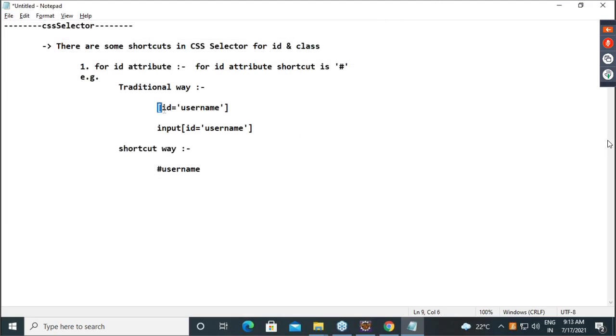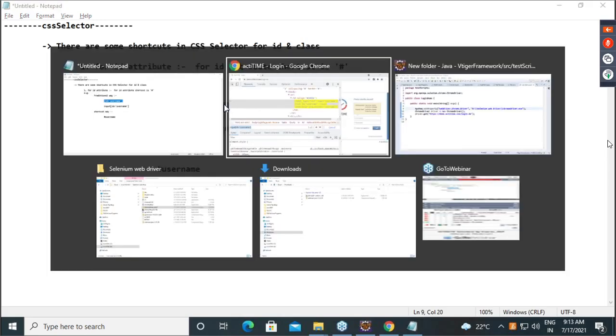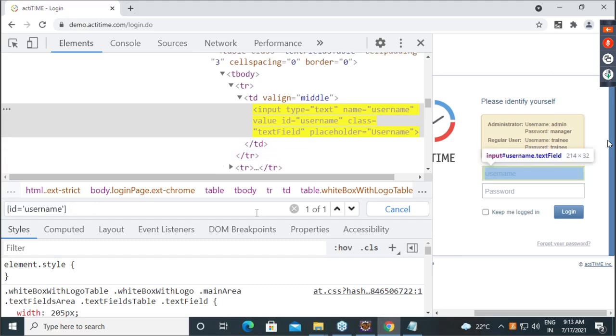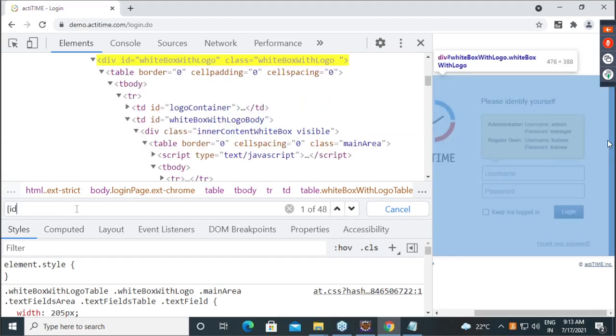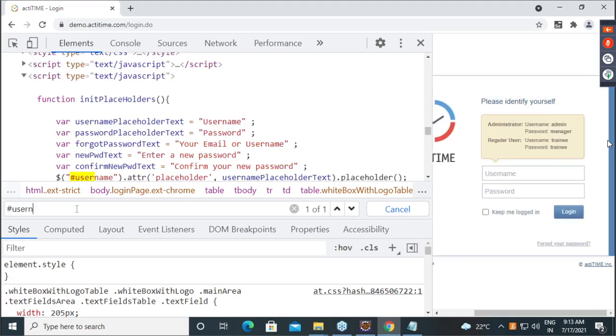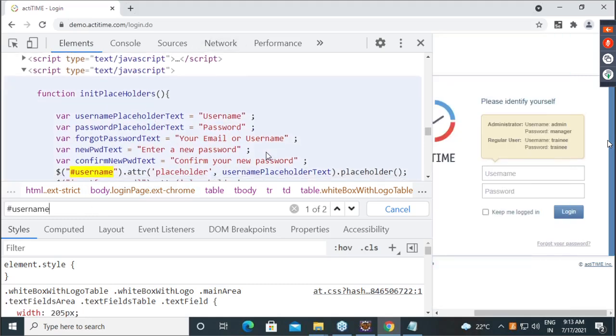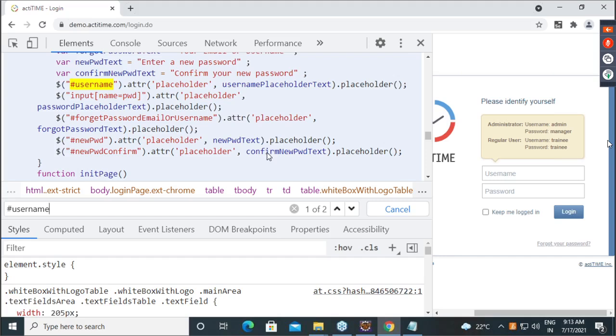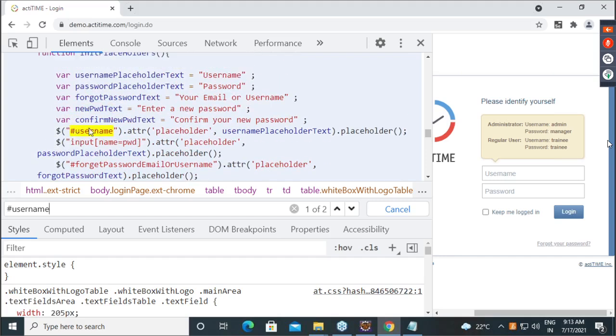Let's cross check. See what I am giving. ID username here I will give. Is it working? Yes. Now instead of this, what I need to give? Hash. How many matching? One of two. Now it is identifying what is available here.